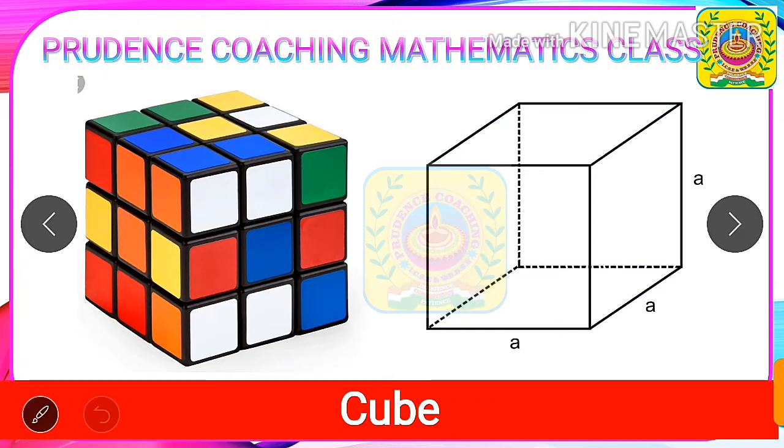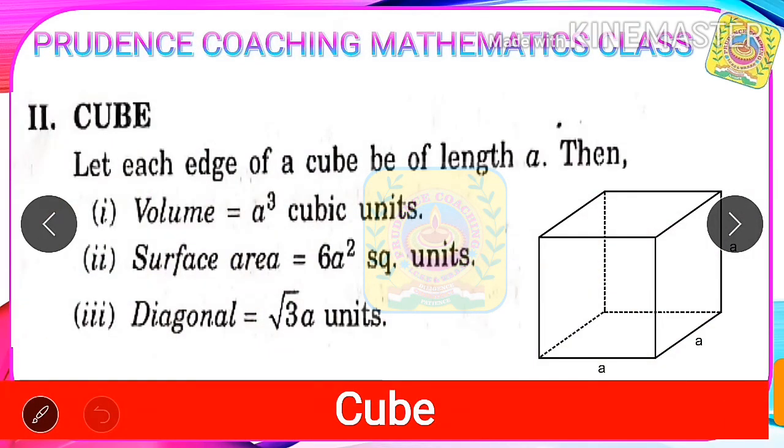The basic difference between a pyramid and a prism is that in a prism both the top and bottom are the same, but in the case of a pyramid the top is always pointed. As this is a cube, which is a prism, by using the generalized formula of a prism we can find the volume of the cube.